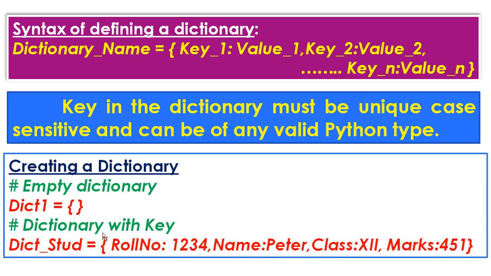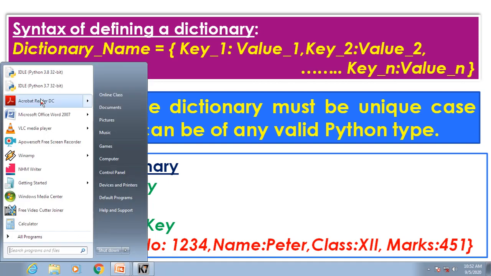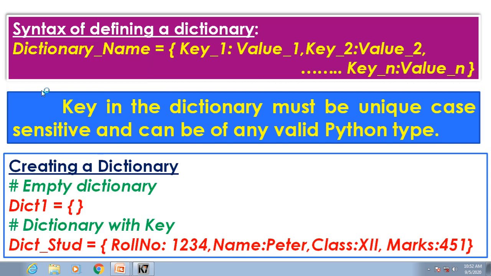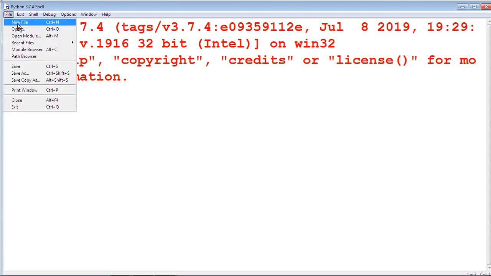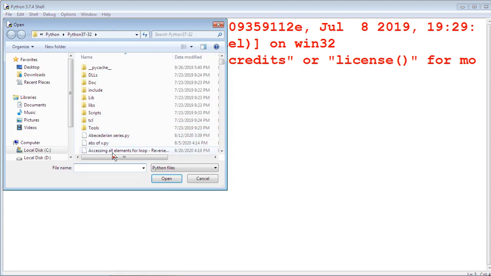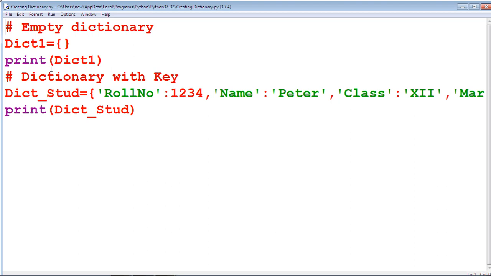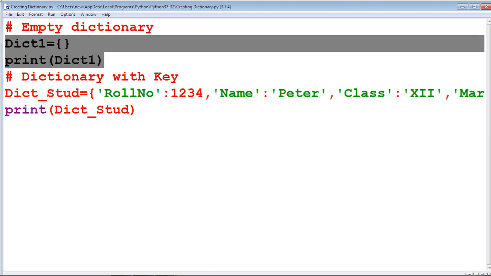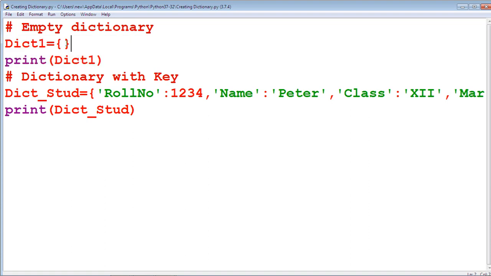We are going to see these examples for creating a dictionary by using the IDLE window. File, open, creating dictionary. In the first section, we create an empty dictionary by using this code: dict1 equal to opening and closing curly braces.